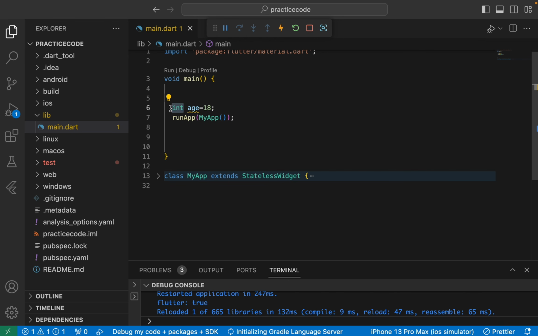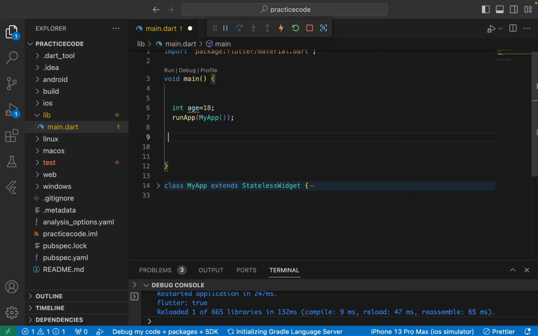Now here, to write an if else condition, first I'm going to create an integer. So here I'm simply going to write a data type which is an integer and age as a variable, and will simply store a value which is 18. Now I'm going to simply check if the user who is using this app is above 18 or not. Yeah. So here the first user age is 18, then I will simply check that by using an